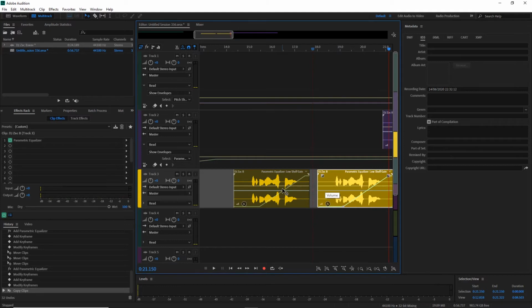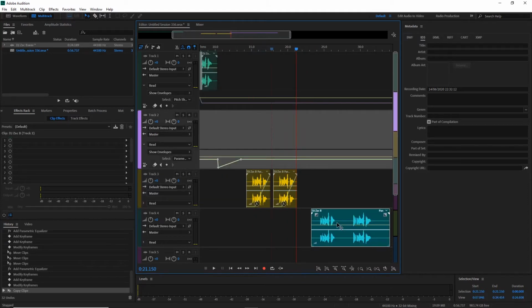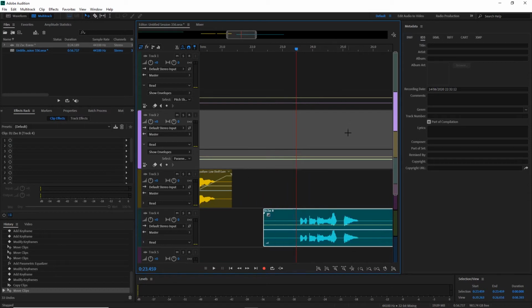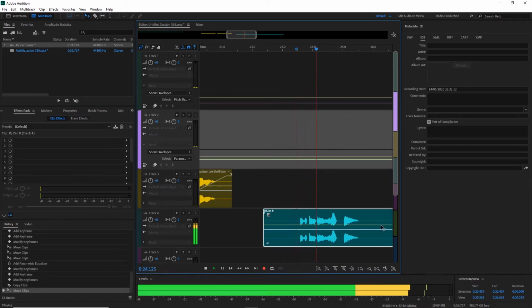When you add effects on, either to the track or to the clip itself, in the clip you adjust it within the clip. If you do it on the track, you adjust it in these envelope lines here. But let's move along a little bit, and we'll take the next take now on the next track. And this is how you control them. What we'll do is we'll just take this one. It's DJ Zach